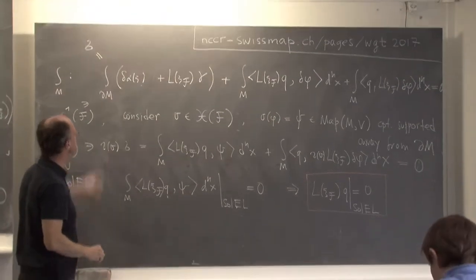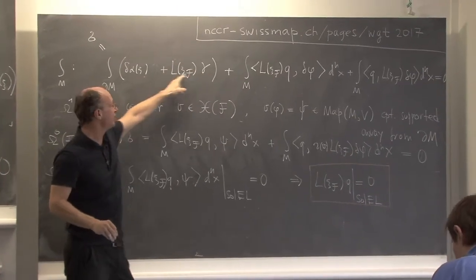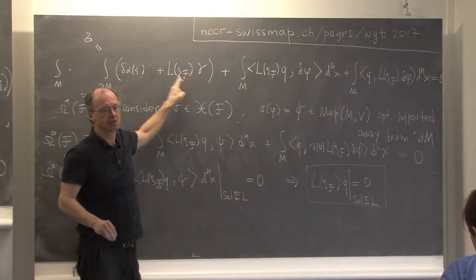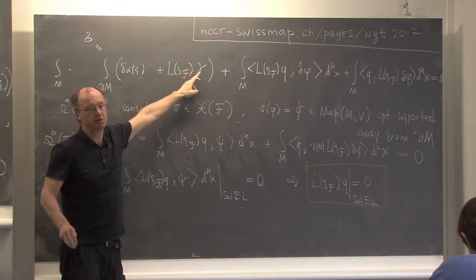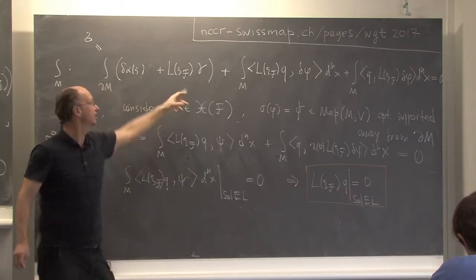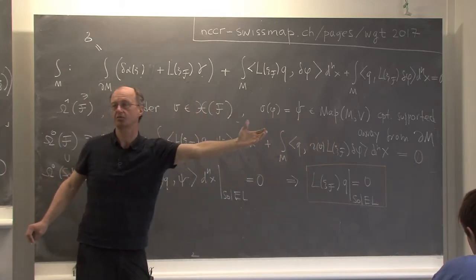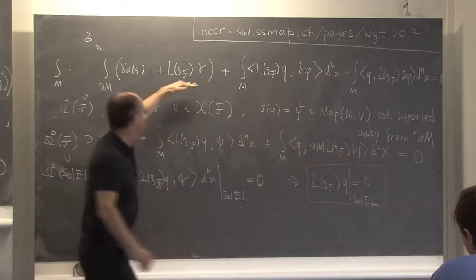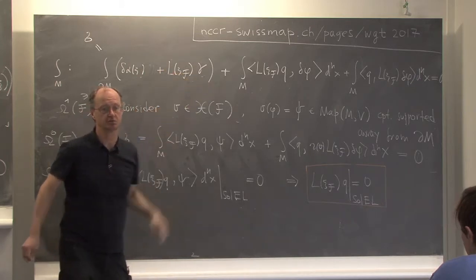Here, I think it is essential that we now assume locality of the symmetry, because otherwise you see this term, if the symmetry were not local, even though you integrate here over the boundary, maybe this term would be non-zero when we pair with psi. If we allowed, with our symmetry, to move something from the bulk, maybe then these non-vanishing values of psi would contribute in this term. But now we assume that this is not possible.